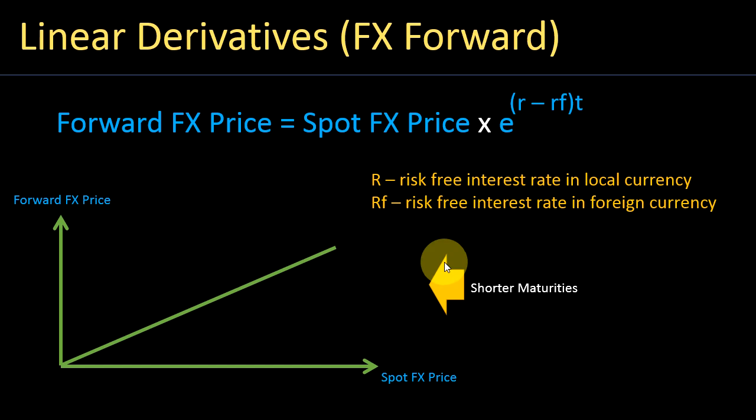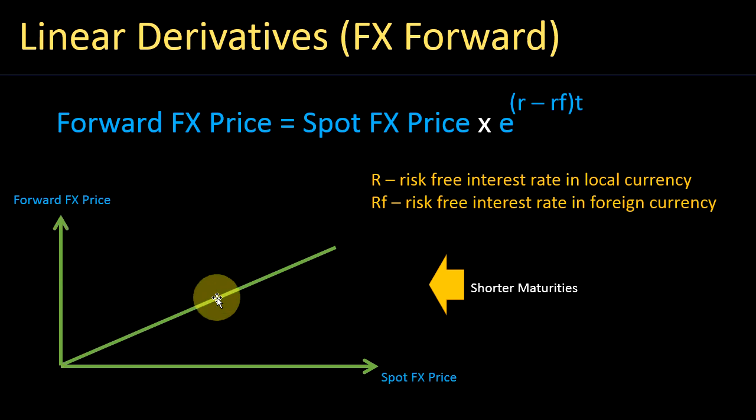But what we are saying is, for shorter maturities, something like 1 month or even 3 months, the interest rates don't change as much as the spot price. So the spot rates on a daily basis can change much more in comparison to interest rates. So approximately, the change in the forward price and the change in the spot price